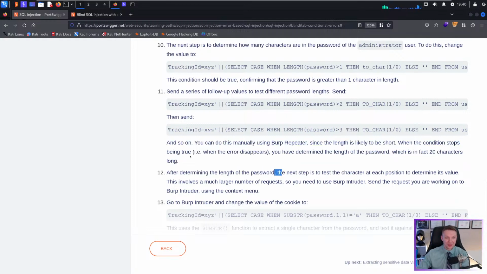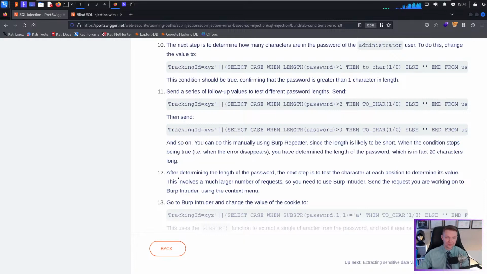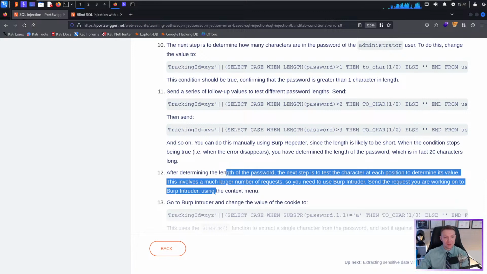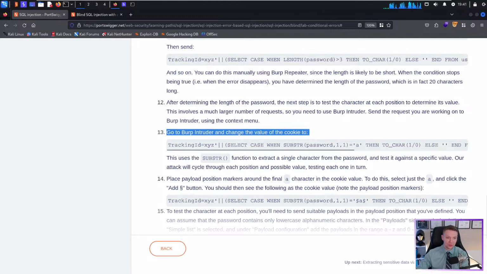After determining the length of the password, you can mainly use Burp Repeater, since the length is likely to be short. When the condition stops being true, when the error disappears, you determine the length of the password, which is in fact 20 characters long. We did figure that out. After determining the length of the password, the next step is to test a character at each position to determine its value. This involves a much larger number of requests, so you need to use Burp Intruder. Send the requests you are working on to Burp Intruder using the context menu. Go to Burp Intruder and change the value of the cookie to